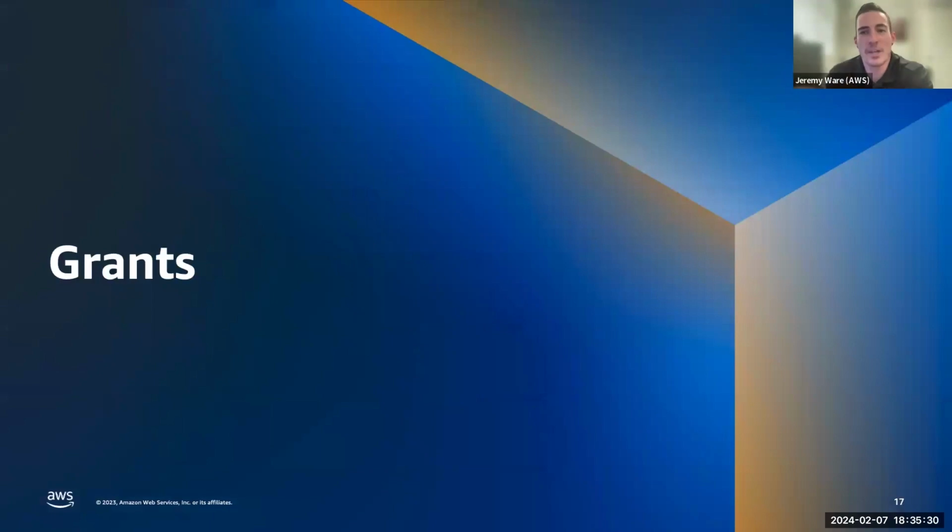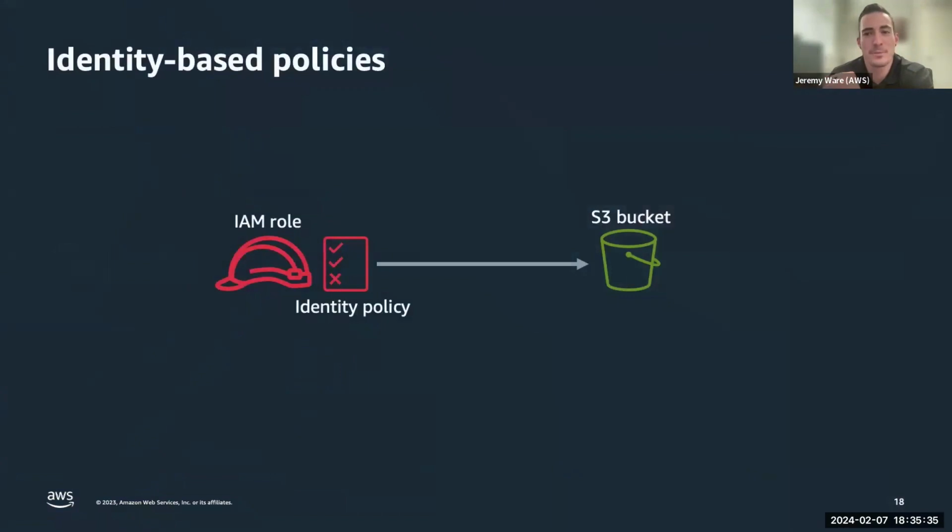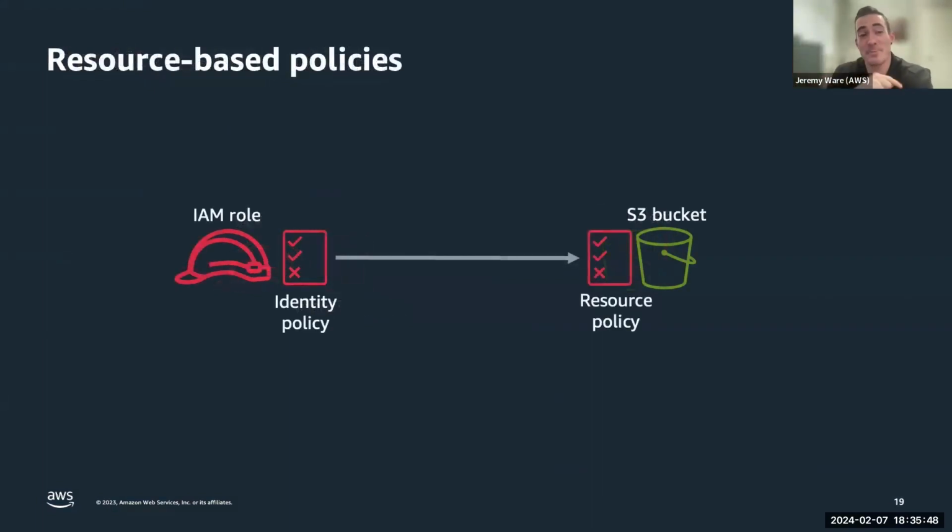All right, so let's break the two types out a little bit further. When we talk about grants, like we mentioned before, this is exactly what we're used to seeing. We have an IAM role who wants to access a resource, and so we've defined in the identity policy that they have access to S3. Now, there is an exception with a resource-based policy that may also be a grant. The resource-based policy may say, if you have this role, you have access to this bucket. Now, quick question. If you are within the same account, do I need one or both of these policy types in order to access the resource?